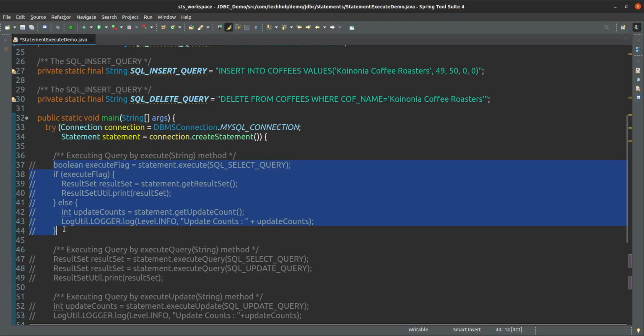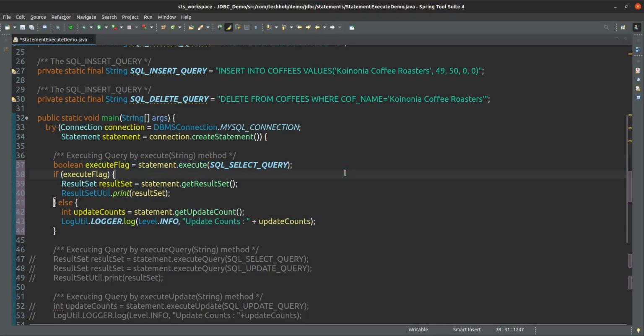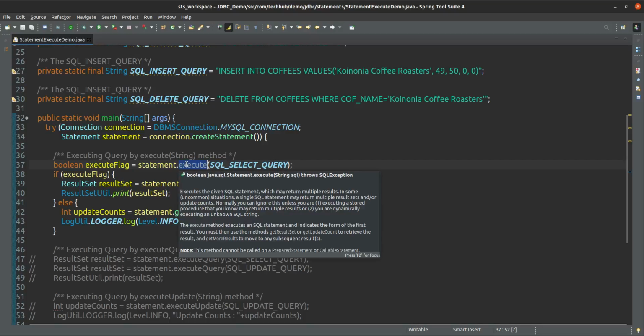Here we have not specified any query, so what we have to do is give the query to be executed, but we are executing that statement using the execute method.